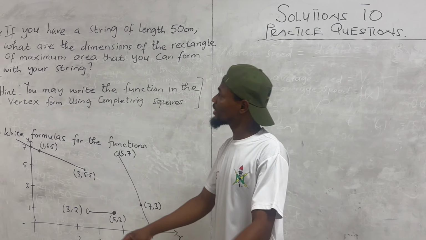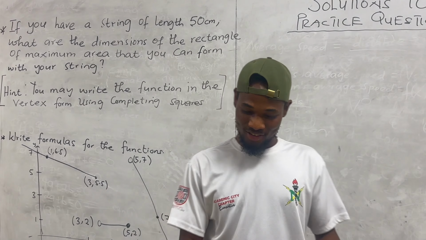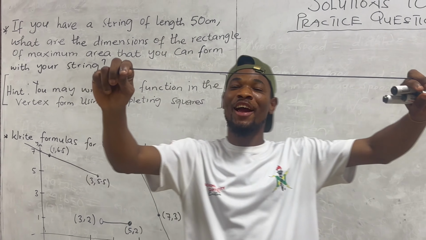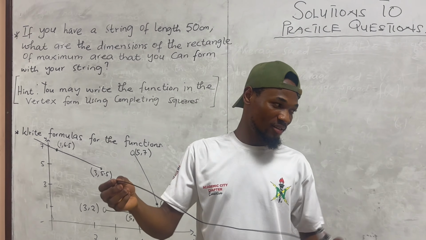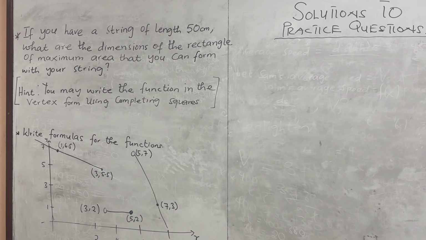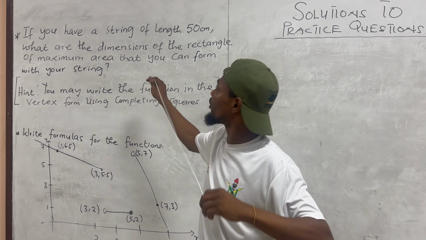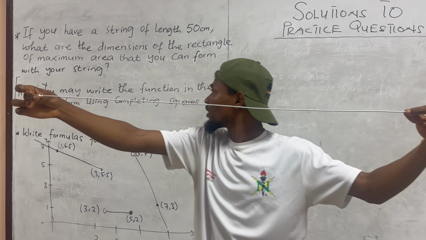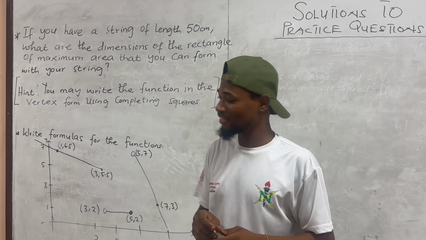Let's consider this question. If you have a string of length 50 centimeters, so from here to here, 50 centimeters, this is my string. What are the dimensions of the rectangle